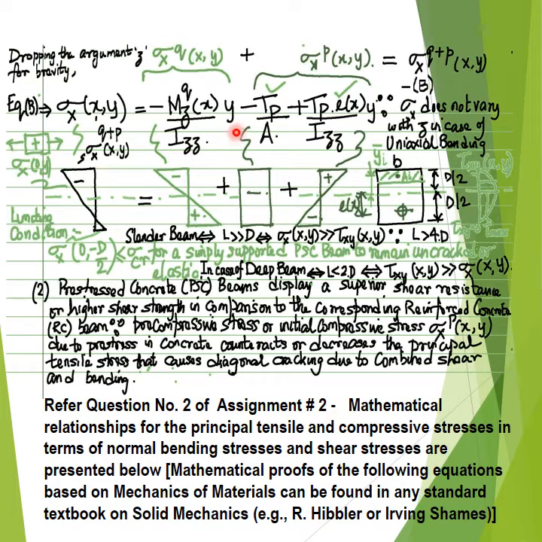One, that is due to the externally applied bending moment due to the external uniformly distributed load Q, and the second component of the normal or direct bending stress sigma x that is generated by the pre-stressing force in the pre-stressing steel cable or tendon that is transferred to the concrete, denoted as capital T subscript P,